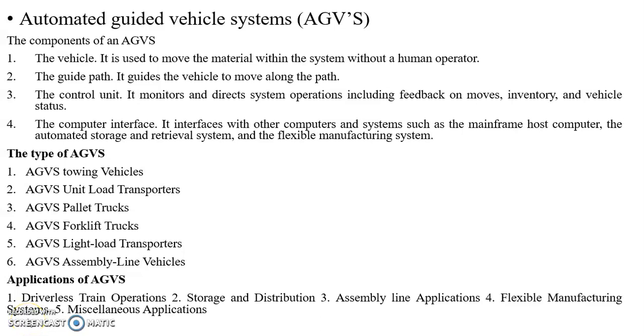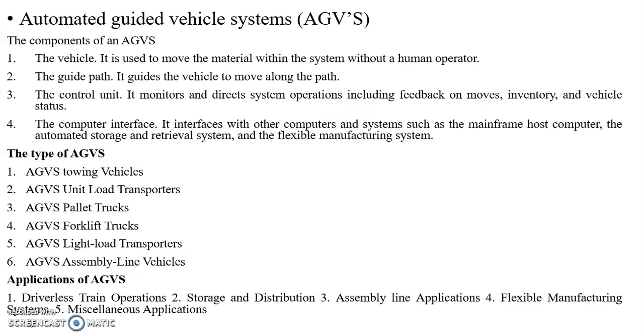In this video, we'll discuss automated guided vehicle systems, that is AGVs. This automated guided vehicle system is a battery powered driverless vehicle with programming capabilities for destination, path selection and position. That means in AGVs, there will be no human operator to steer. It runs on battery power and the program is done for the path selection, destination and position.